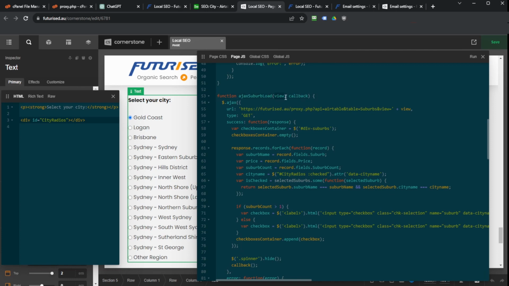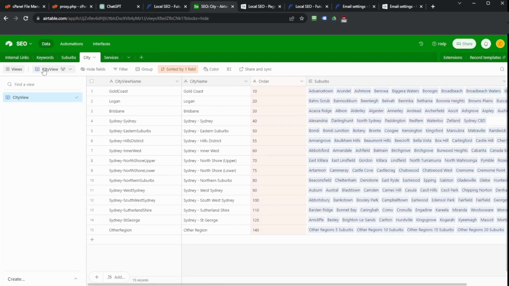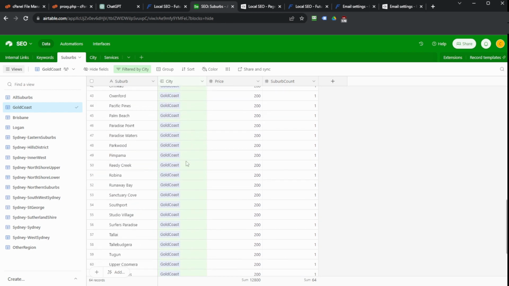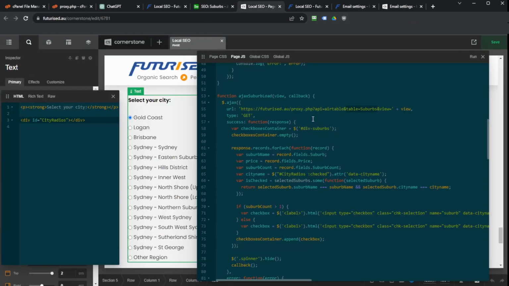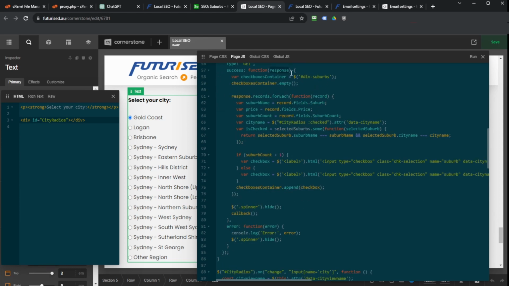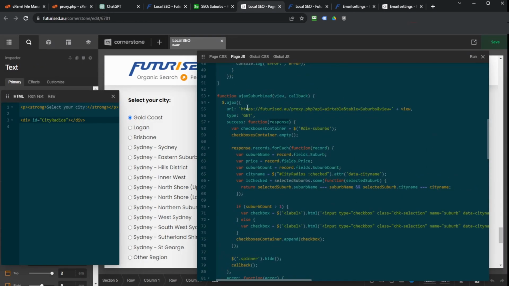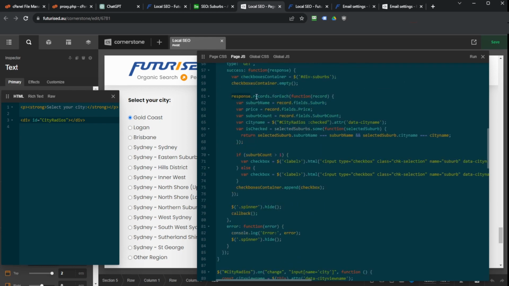So it's passing in the word Gold Coast as the view here in the suburbs table. So that one is going to look at the suburbs table, Gold Coast, and retrieve that list of suburbs. Those 50 suburbs are a response in JSON, just in the proxy.php. This is where they come through, they get output as JSON. The JSON comes back through this API request. The response is looped through,